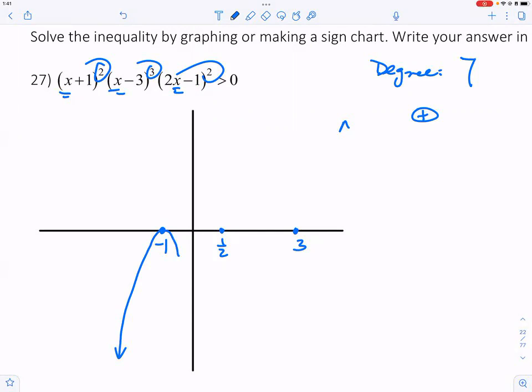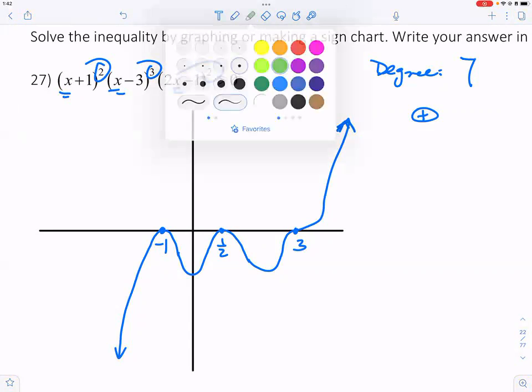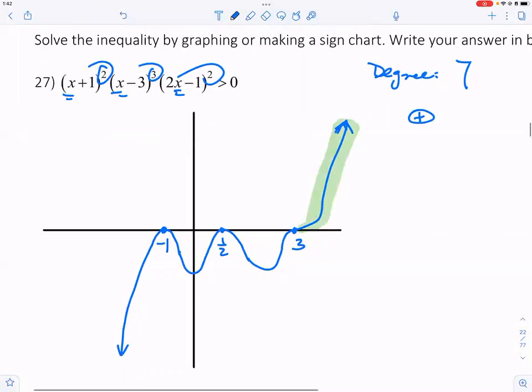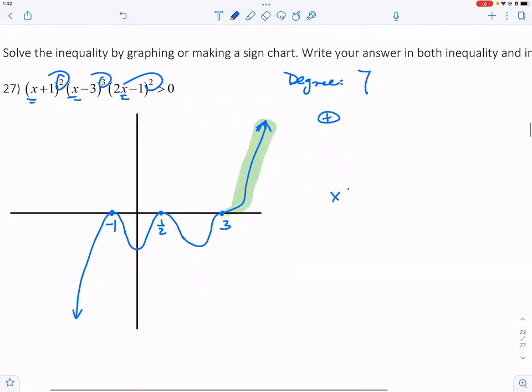So it's going to bounce at -1. And it's going to bounce again at 1/2. And it's going to make an S turn at 3. And we're asking which part of the graph is greater than 0. So the part that's greater than 0, which is very obvious, is this part. So the solution is going to be x is greater than 3, or in interval notation would be